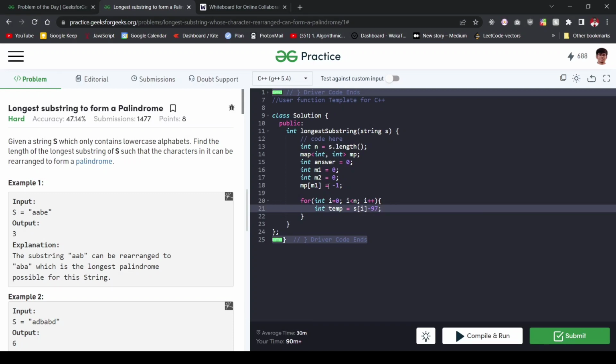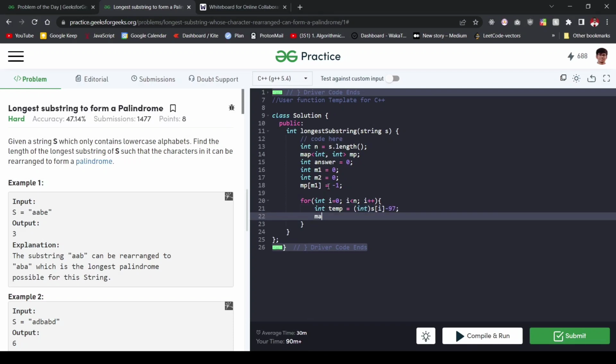So that would give us the result. Well, let's typecast this to be on the safer side. So after calculating the temp, we'll simply calculate our mask, which is m1 equal to m1 XORed with